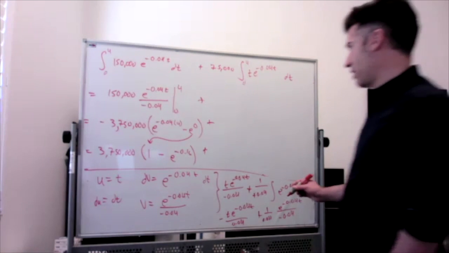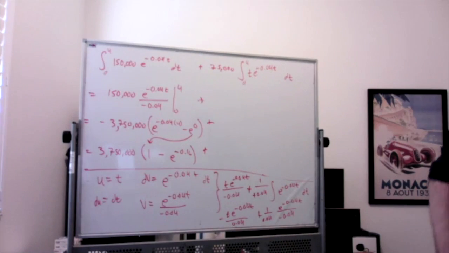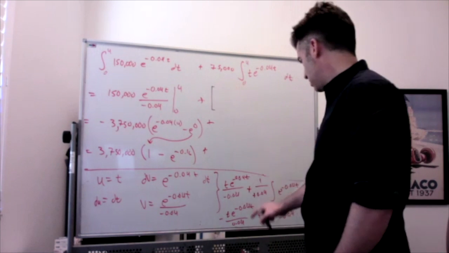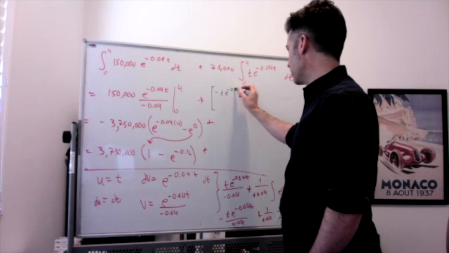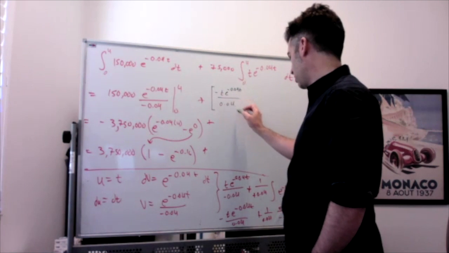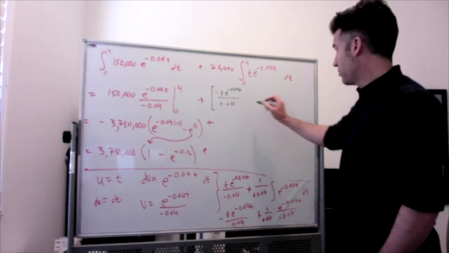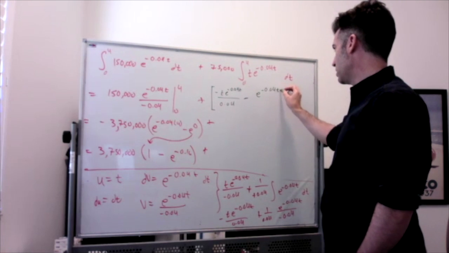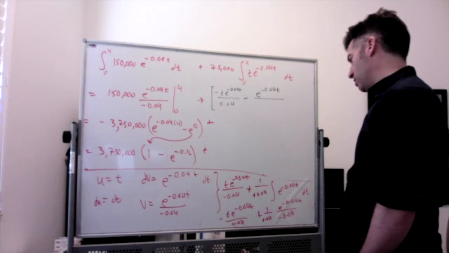All right, so here's what we've got. It's gross, but let me write it in a different color so it can be a little bit more clear what's happening here. I've got all of this. So I've got negative t e to the negative 0.04 t divided by 0.04, minus, right, because it's a positive times a negative here, e to the negative 0.04 t divided by 0.04 times another 0.04 is